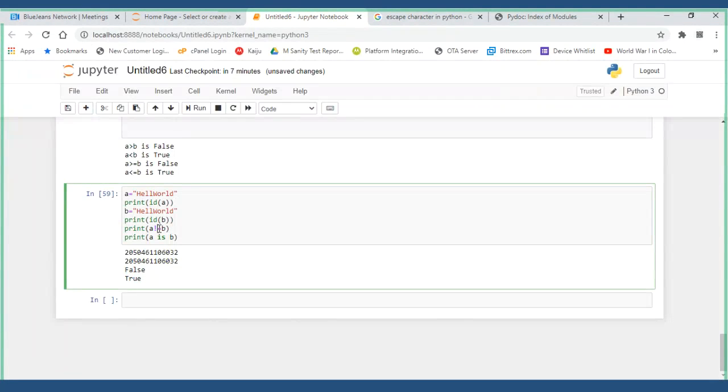So here with this, we are going to finish the equal to operators. Okay. Now, "in" is a membership operator. We'll be discussing it after some time, but just remember it.